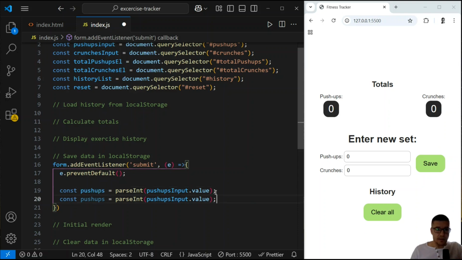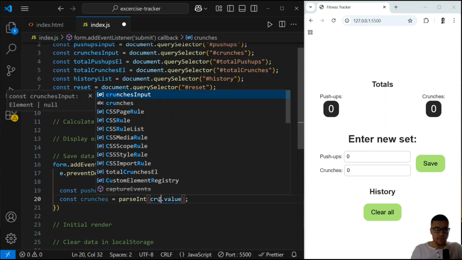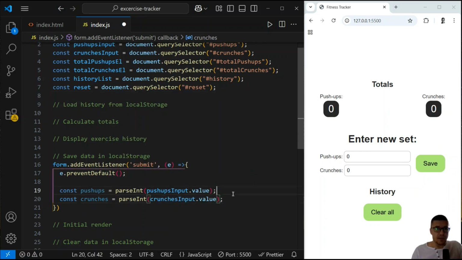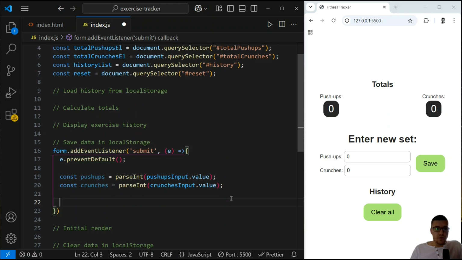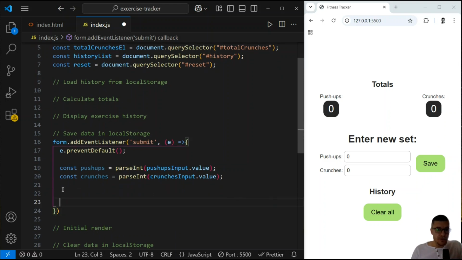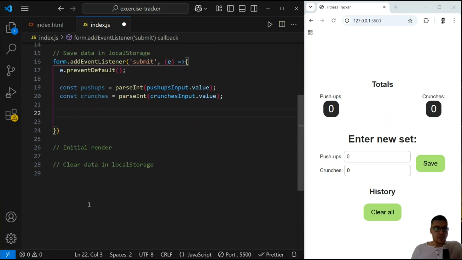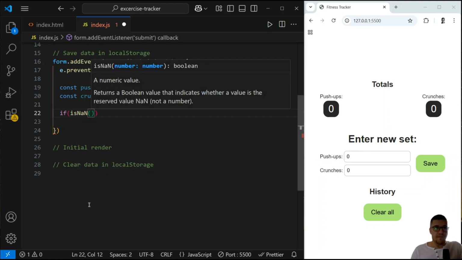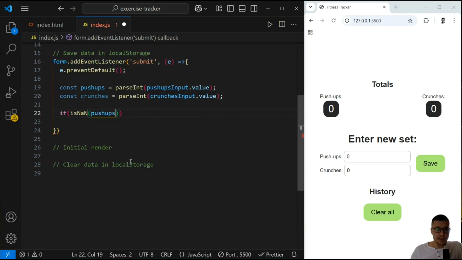Okay, and I'll do the same for the crunches. This time I will be getting crunches input's value. Okay, great. Now let's do the simple validation before we go to the form submission. So I will be checking if those values are not a number. So if it's not a number, push-ups,